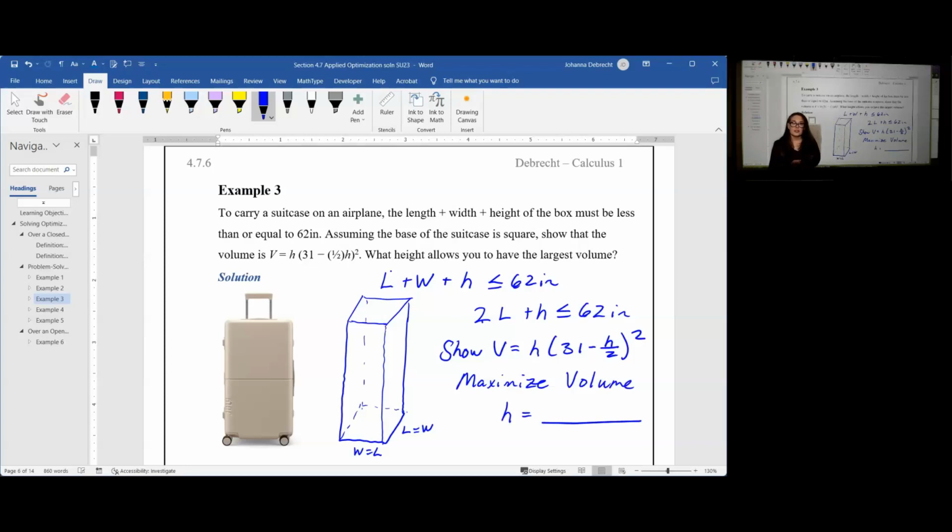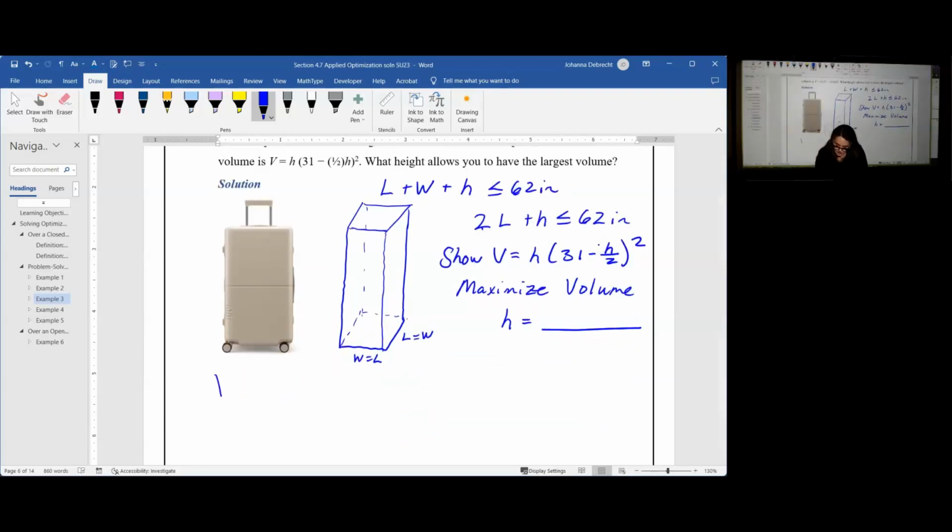I need an equation that relates the length, the width, and the height of the box to the volume. Well, I know that the volume of a box is given by length times width times height. In this particular situation, I'm trying to make it as large as possible. So it makes sense to use as large of dimensions as I can, which means 2L plus H equal to 62 inches. Let's take our constraint now